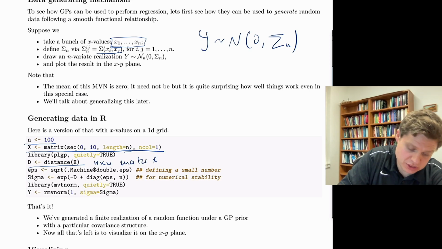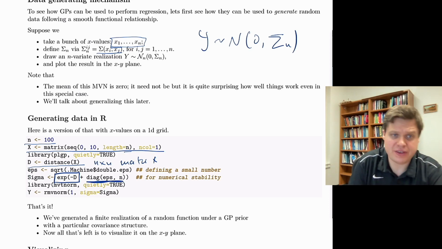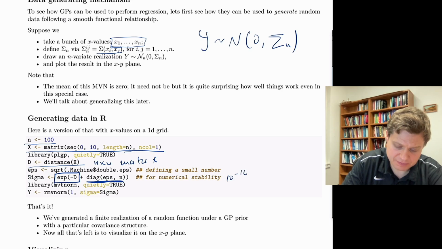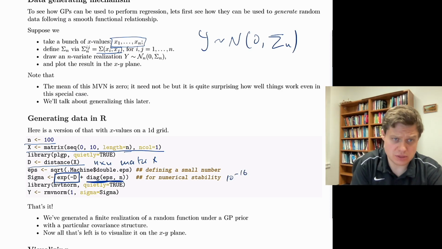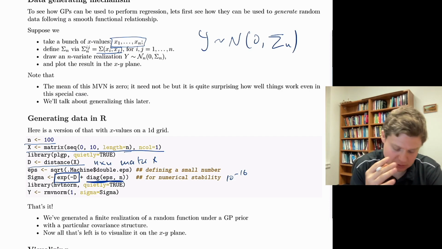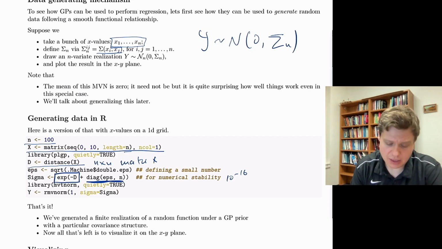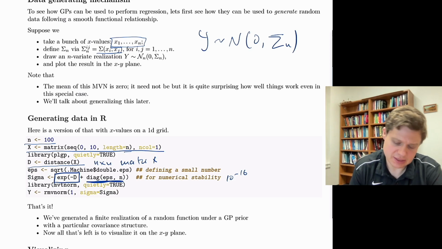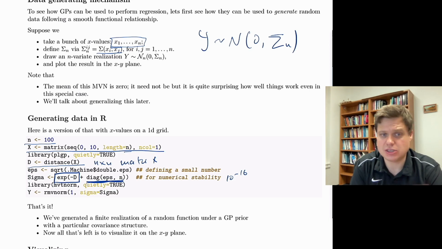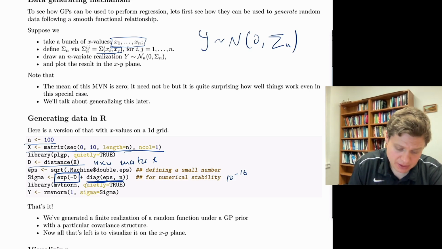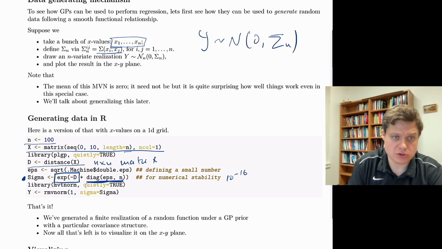And then what we do, we just take exponent of negative d, plus we have this diagonal element filled with a very small number, 10 to the negative 16 for my machine. So we avoid the problems with inversion of the matrices. It's a computational trick that makes things easier, but it's just a nuance. So all right. And now we have the covariance function, and mean is 0, and we're going to use